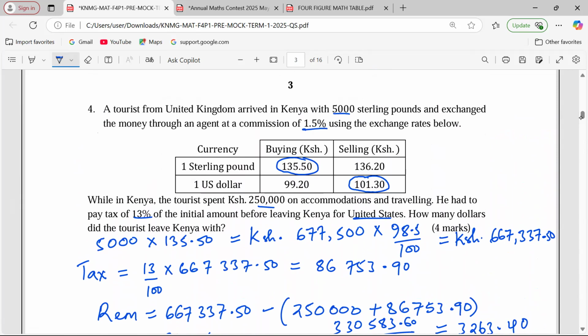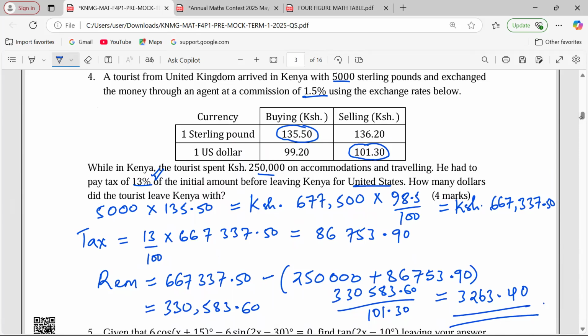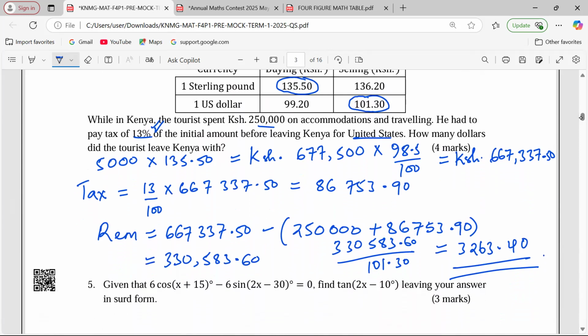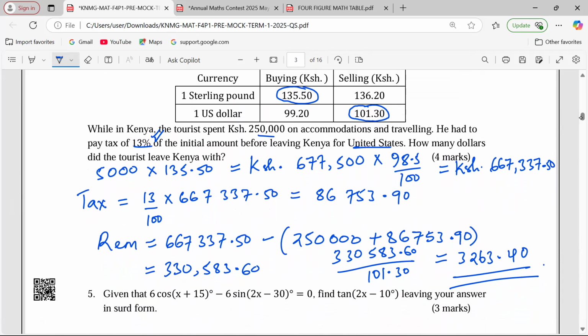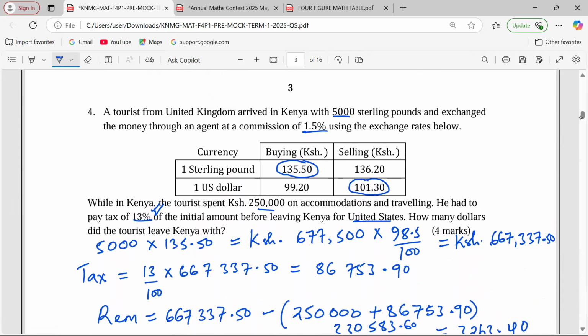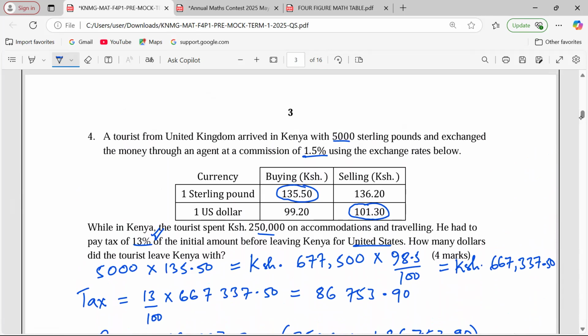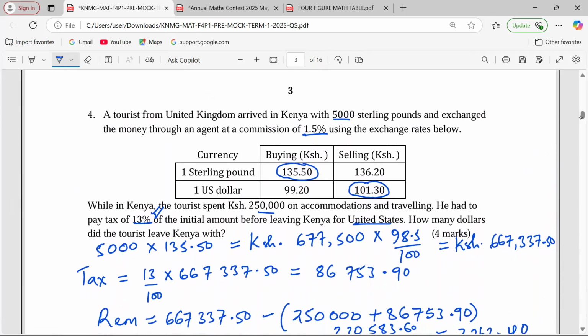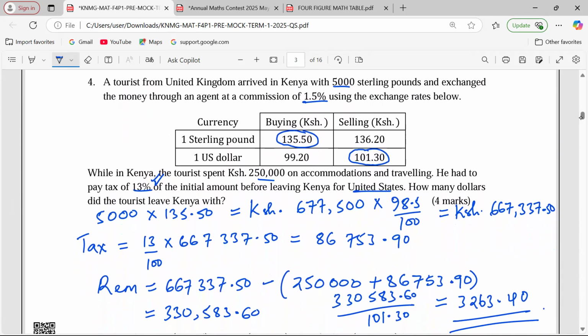You see there is commission involved. This time around, there is tax to the amount the gentleman is going to receive and all that. So make sure you evolve with instructions. Don't receive new instructions and you start saying, this is a new question that we've never seen. No. Can you be ready to adapt